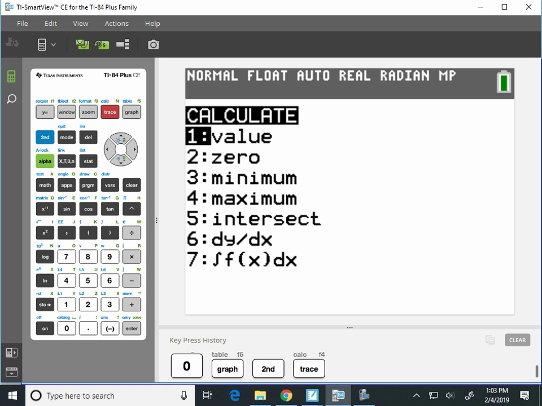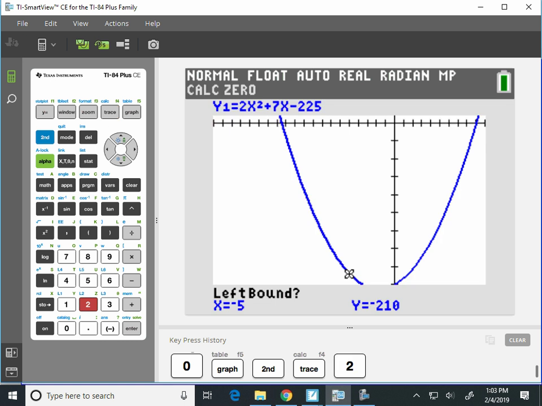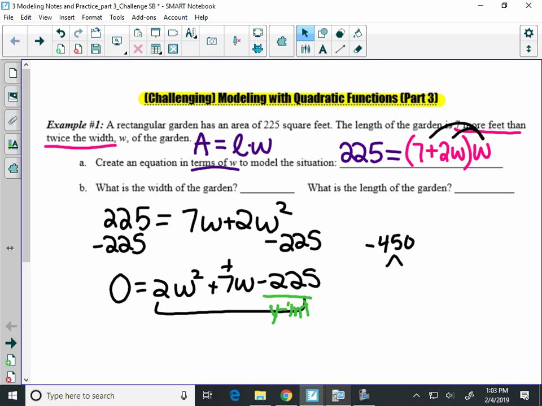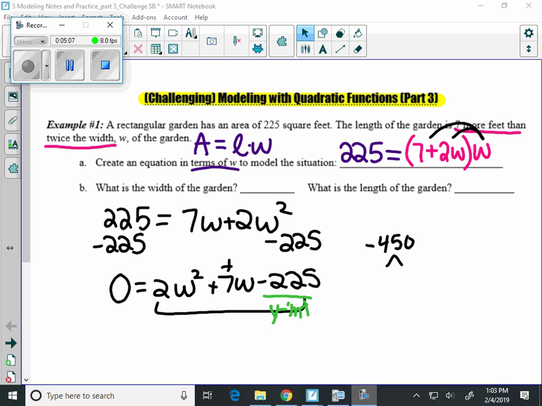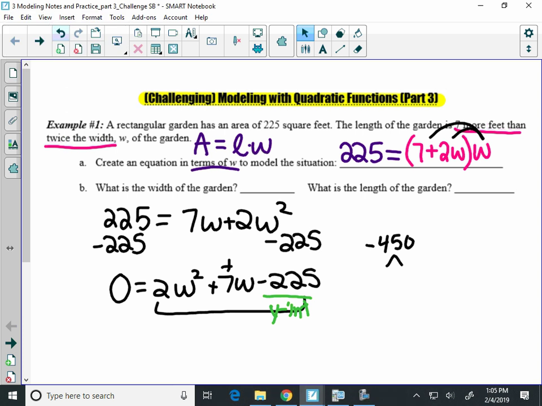Second trace. Which one do I choose for x-intercepts? Option 2, 0. And go on through and calculate for me. I'm going to let you guys do it because you know it takes mine forever. Let's see. What x-intercepts did you get when you traced here? What'd you get? X equals